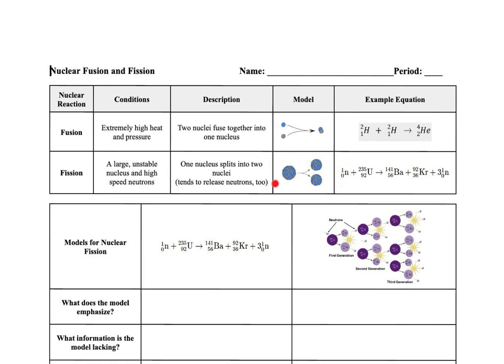So I have a neutron bombarding this big atom of uranium. And remember, this arrow is like an equal sign. So I'm really just starting with one big nucleus and then just a small neutron. That doesn't count. So that neutron bombards this big nucleus. Here's my equal sign, and it splits into 2 different atoms, and then 3 more neutrons are released. Okay? So that is nuclear fission. When we split larger atoms into smaller ones, it's used in nuclear power plants, and there are lots of radioactive waste materials associated. All right, let's move on to this section for models for nuclear fission.